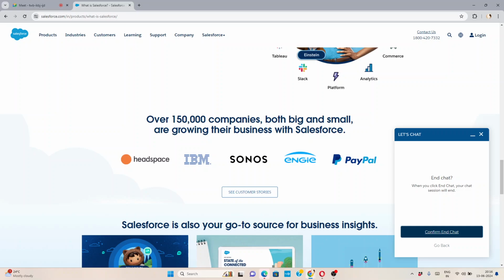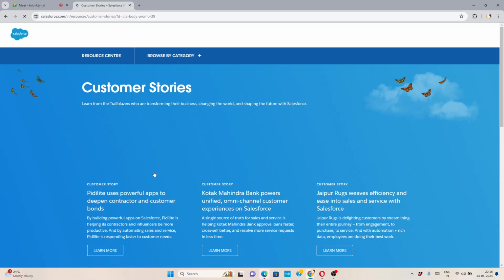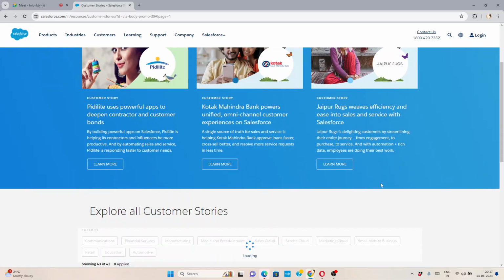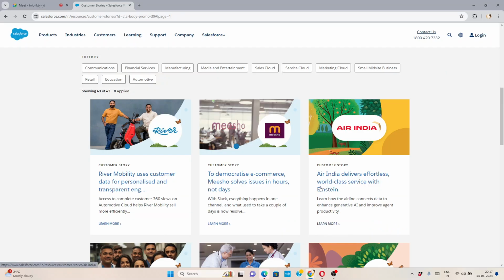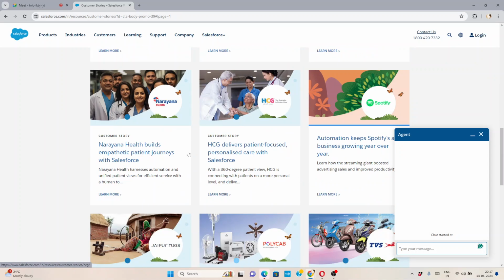There are over 150,000 companies, both big and small, growing their business with Salesforce. See how huge Salesforce is. If you see the customers, you can see here IBM, Sonos, PayPal. So many people are there: Kotak Mahindra, Pidilite. So many companies, so many customers. They are using it: Meesho, Air India, Indian Oil, Narayana Health,